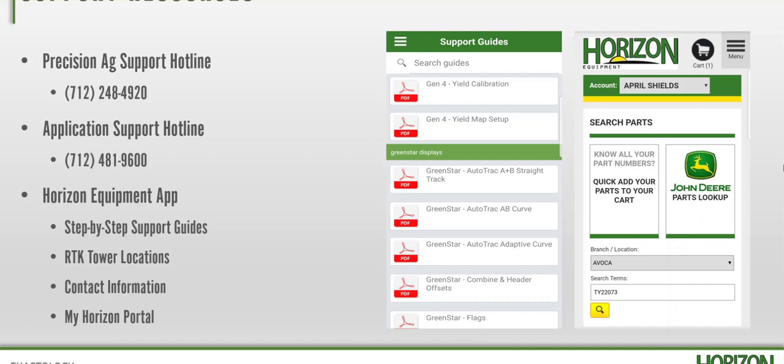Okay, next we're going to talk about a few different support resources that we have for this upcoming spring cleaning season. So Horizon Equipment has come up with two different support hotline numbers that you can call in if you're having troubles with your displays, receivers, anything with applications. So that would be sprayers and anhydrous. We have two different hotline numbers for those. So the first one is our Precision Ag Support Line hotline number. That is